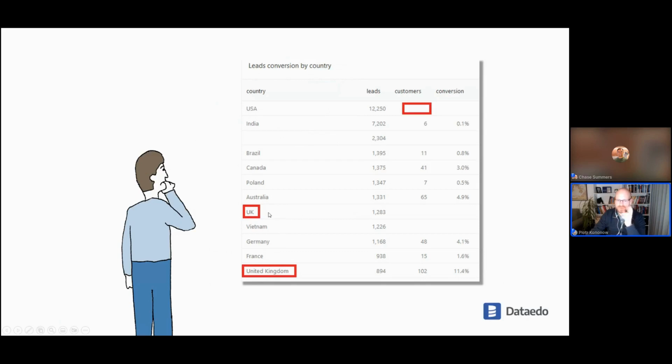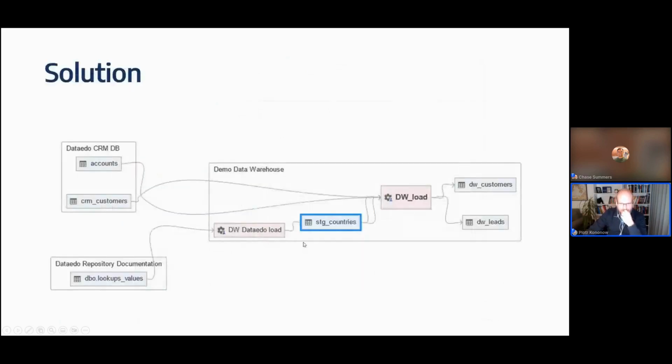We were using two distinct values for the same entity. So what I did, I incorporated the lookups values table. So I connected to the repository and imported the table I just showed you